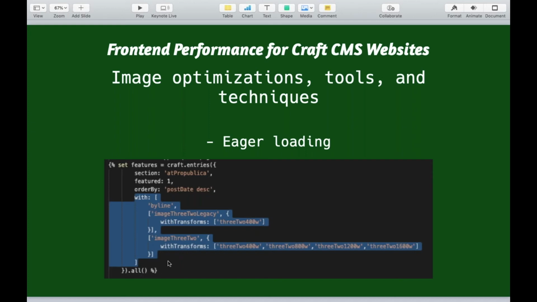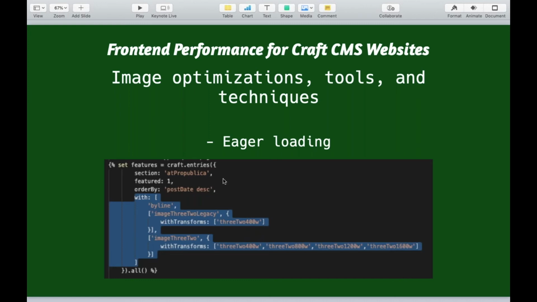The benefit here is that Craft will wrap this up into one query, as opposed to making one query to an entry and then realizing, oh, I've got 2 images with, let's see, 1, 2, 3, 4, 5 image transforms. That's 6 queries multiplied by 2. So you've got 12 queries running to make those relationships based on just one entry. And if this query returns 12 entries, you're just multiplying left and right and ending up with a big